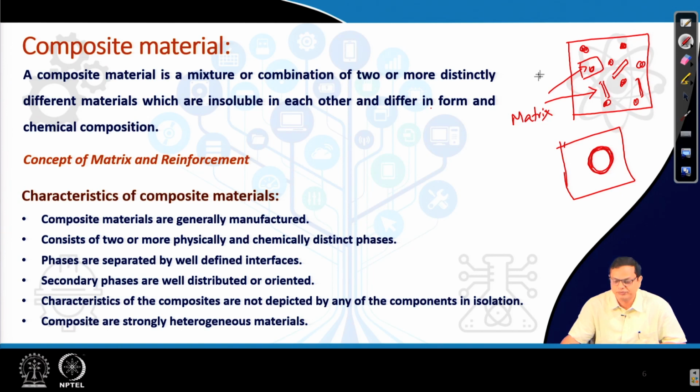That means, if you look at the atomic level structure, obviously the atomic structure from the matrix to the reinforcement, there is variation. Okay. So, I think the basic fundamental idea of composite material is clear to you now, students: a composite material is a combination of more than one phase, where these different phases retain their chemical and physical structure, and the different phases are separated by distinct interfaces, and ultimately by doing so there would be improvement in certain